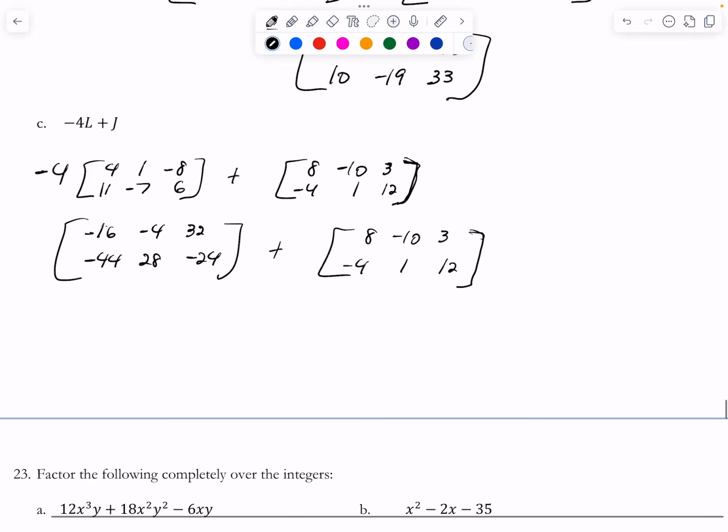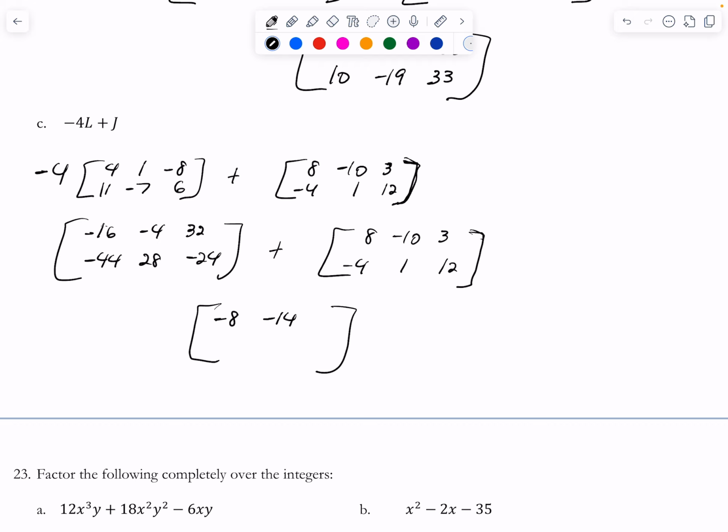And then we're going to add the numbers that are in the same location. So -16 plus 8 is -8. -4 plus -10 is -14. 32 plus 3 is 35. -44 plus -4 is -48. 28 plus 1 is 29. And -24 plus 12 is -12. And that is it for